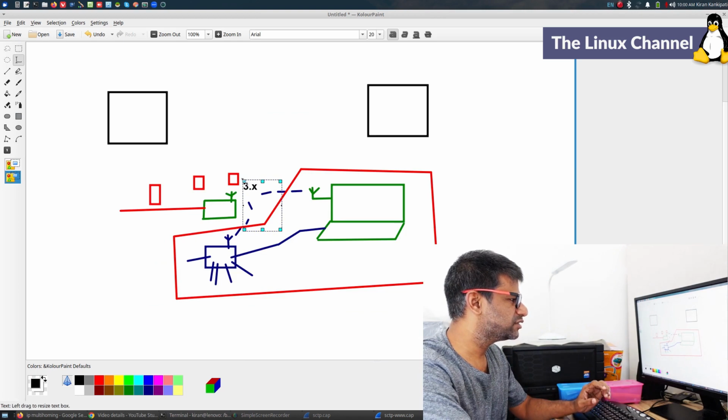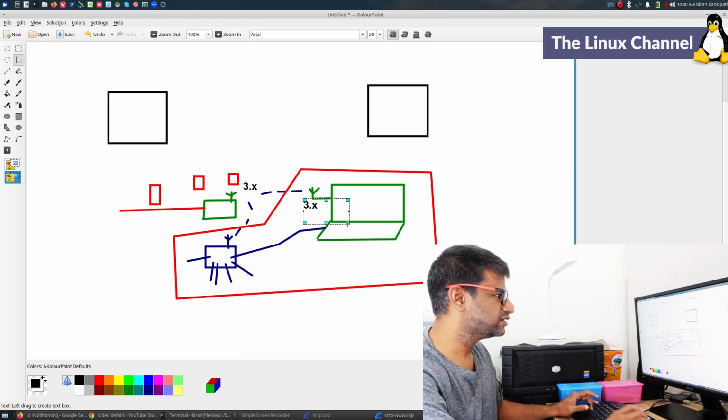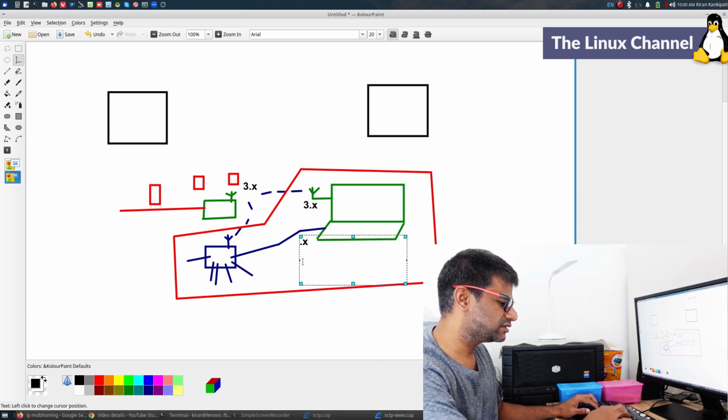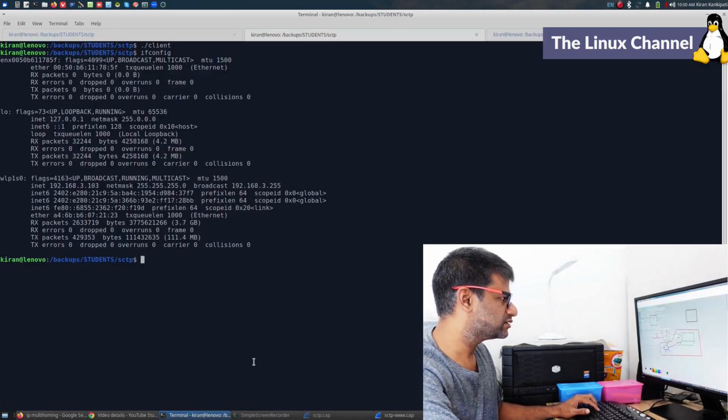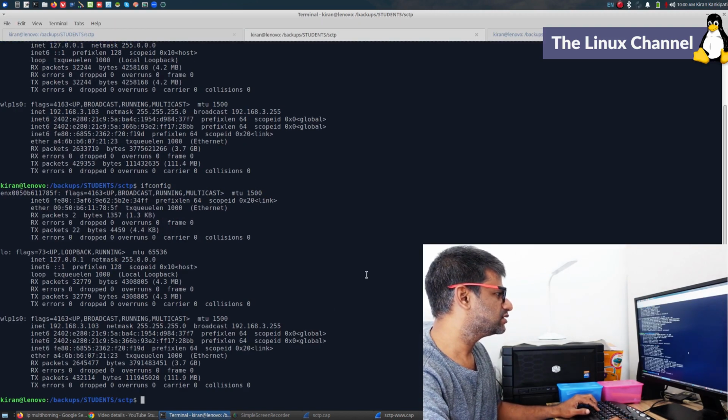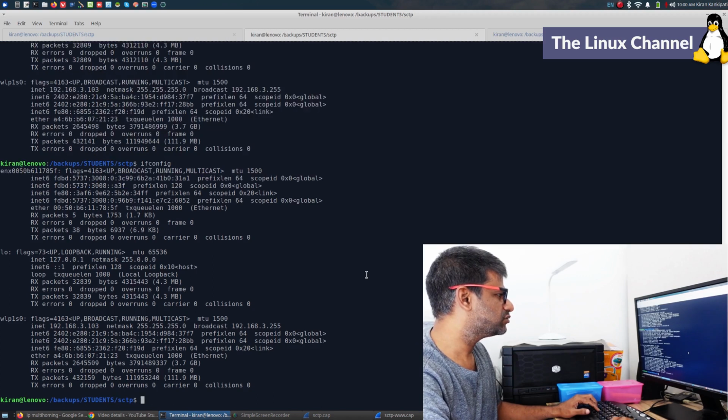So the Wi-Fi port will have this 3.x subnet, and this wired subnet is the 1.x subnet. I'm sorry, I think it is the 0.x subnet. Yeah.